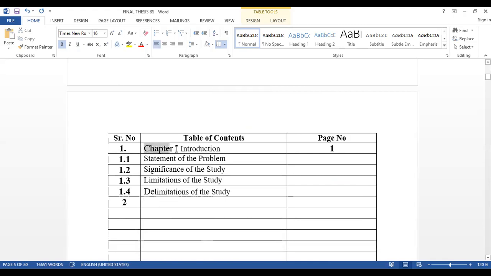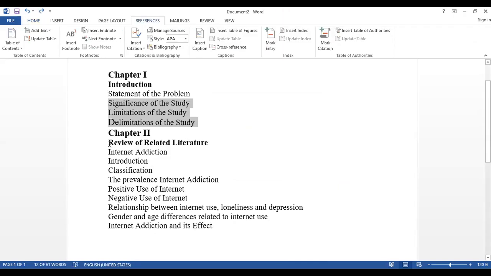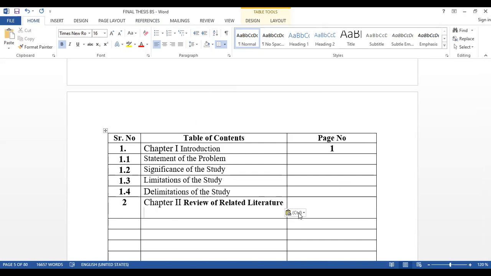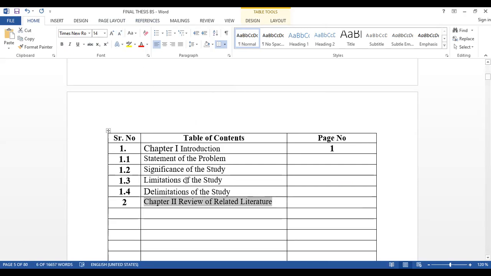What should you do? Copy, paste it for chapter 2 and the name of the chapter. Copy here: Review of related literature. You just select and go to size 14.